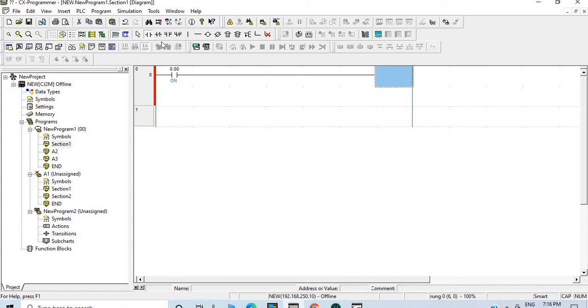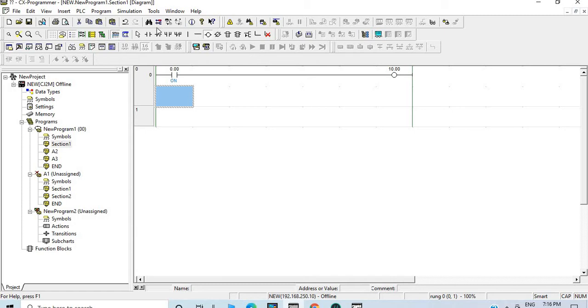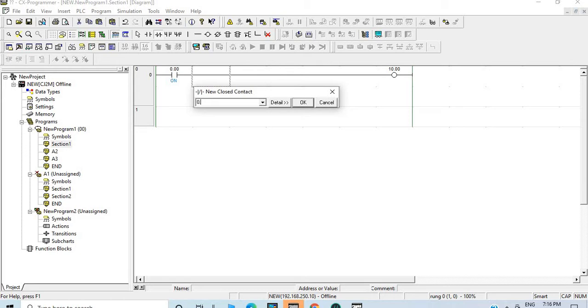Now I am selecting the output coil. Okay, giving address 10.00 or whatever you want to give. And I am taking an NC contact here, giving address 0.01 and giving it the name